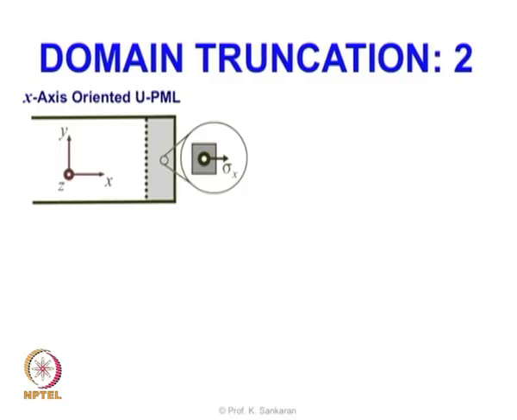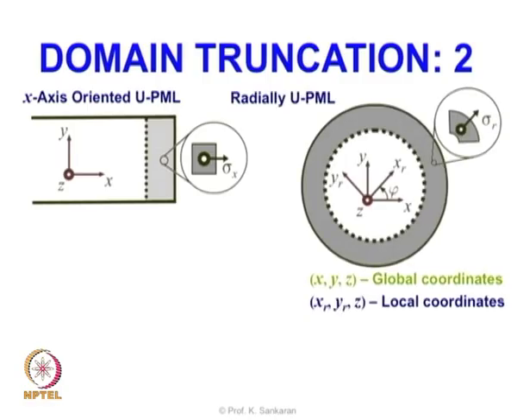So right now we have got a simple condition where PML is sitting on the x axis. So the PML is actually an x oriented PML. So, x axis oriented uniaxial PML. So what we want is, we wanted to have a PML that is radially oriented. So in that sense, regardless of which direction I am coming from, the anisotropy which we called, so let us go back. The anisotropy is in the